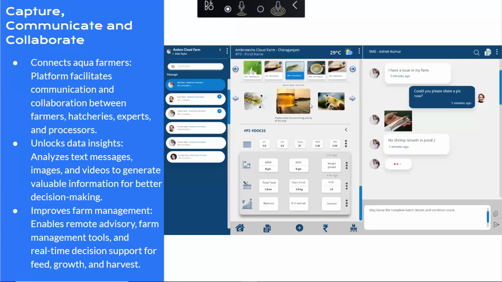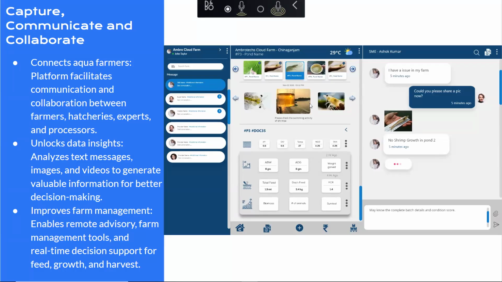Now, because he's already been recording all the activities at the farm, he can join his SME, whoever he goes to regularly, in this application. So he can chat with him directly. He can send a photo showing a discoloration, or that shrimp activity is less, the tree observations of that. Whatever it is, he will take a photo or a text message, and communicate it with the SME directly, and the SME will get the complete report of that